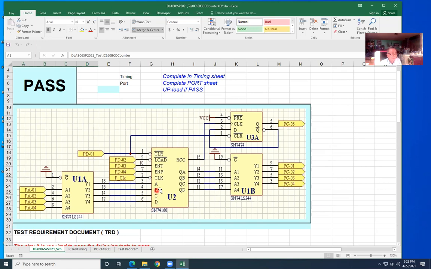However, if you want to load number 9, 1, 0, 0, 1, number 9. You apply clear must be logic 1. Pin 9, load must be 0. Then you read the output here, it has to be 1, 0, 0, 1. If it's not, okay, then you can